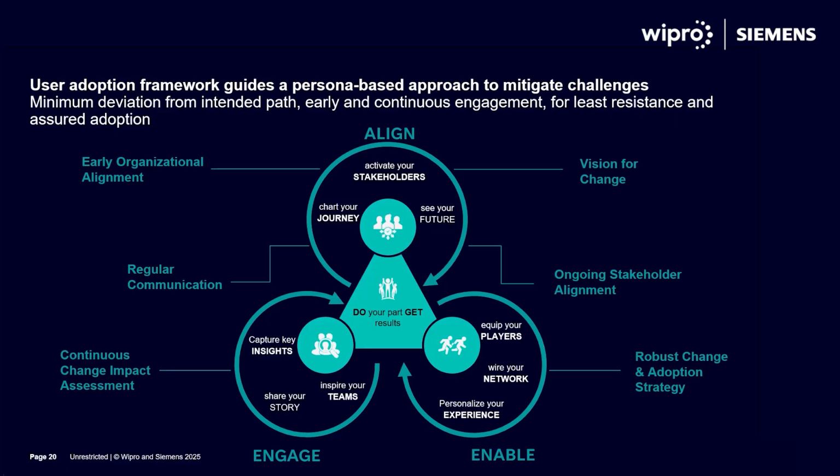Right persona-based training, personalizing the experience and substantiating with data points on KPIs of the new process and system will all help early adoption and acceptance from stakeholders. Then regular and consistent communication and messaging to inspire the stakeholders on what is in the making, sharing success stories and clearly highlighting the benefits and value being delivered, thus addressing the potential resistance areas. Of course, this is a vast topic and I'm limiting the briefing at a very high level for completion of the topic, but it definitely needs real focus for success.